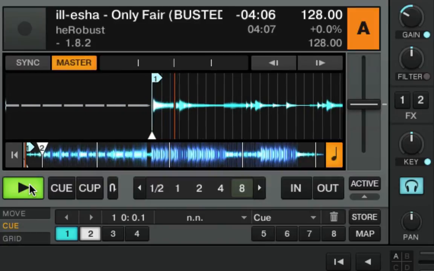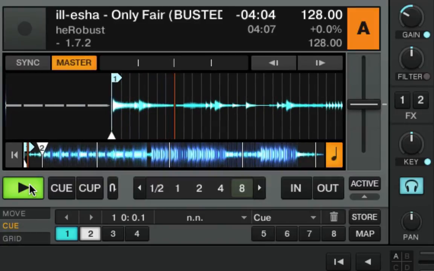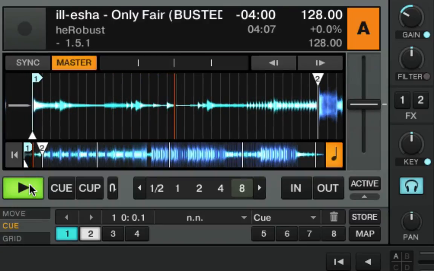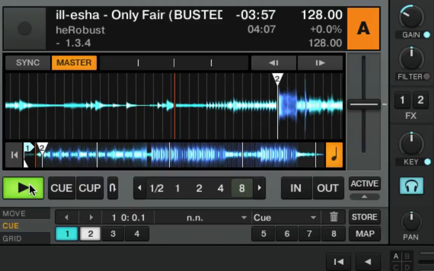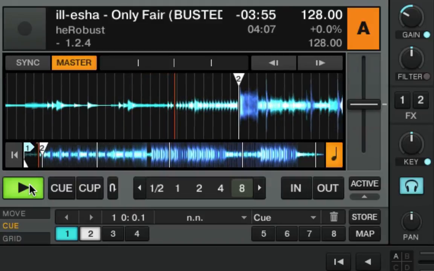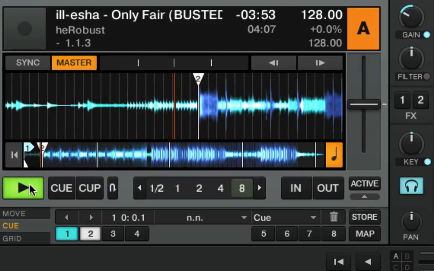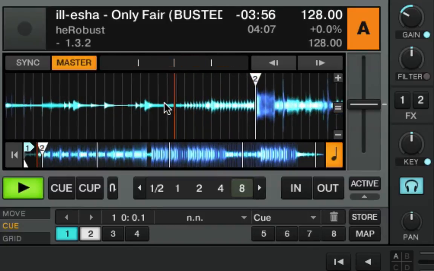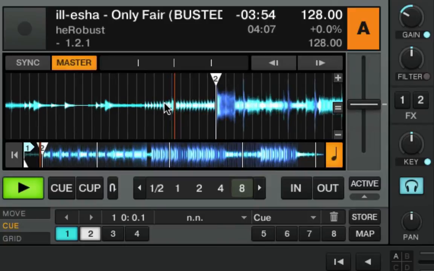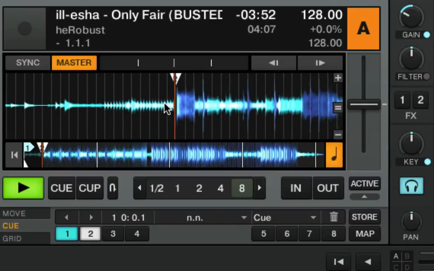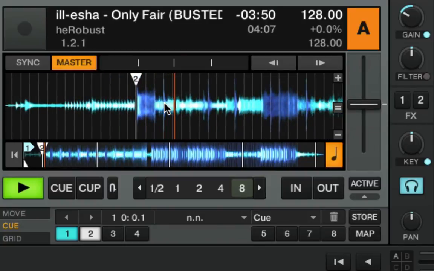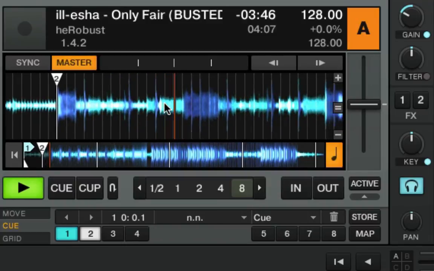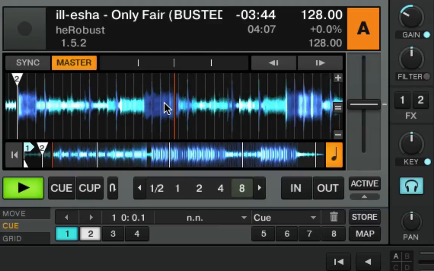1, 2, 3, 4, 2, 2, 3, 4, 3, 2, 3, 4, 4, 2, 3, 4. I got off. Let's just start from the kick drum so I can actually do it properly. 1, 2, 3, 4, 2, 2, 3, 4, 3, 2, 3, 4, 4, 2, 3, 4, 5, 2, 3, 4,